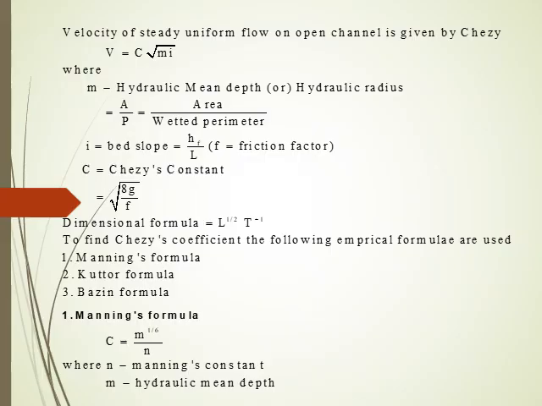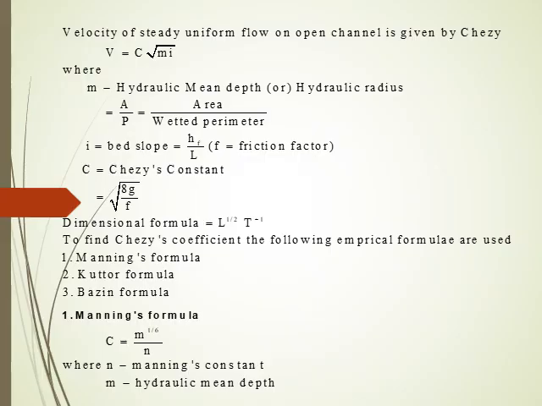So the Manning's formula with respect to Chezy's, where C is equal to m power 1 by 6 by n. When I substitute the value of C in the above equation, we will get the velocity formula: V is equal to 1 by n m power 2 by 3 i power 1 by 2. This is the equation we use when substituting the V value in the discharge equation, where Q